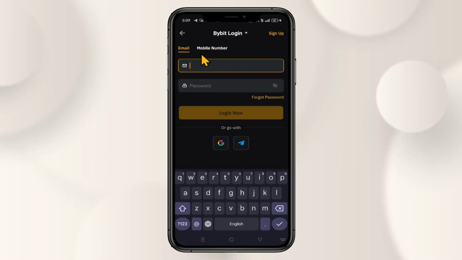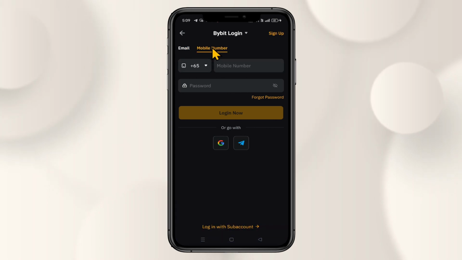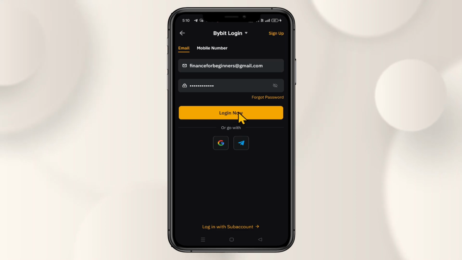And you now have two different options to log in. If you used your phone number while signing up, then you can choose your phone number. Otherwise, you can use your email address as well. Just enter either your phone number or your email address and then type in the account password that you have set within the password box. After typing both your credentials, tap on the Login Now button and you will be logged into your account within